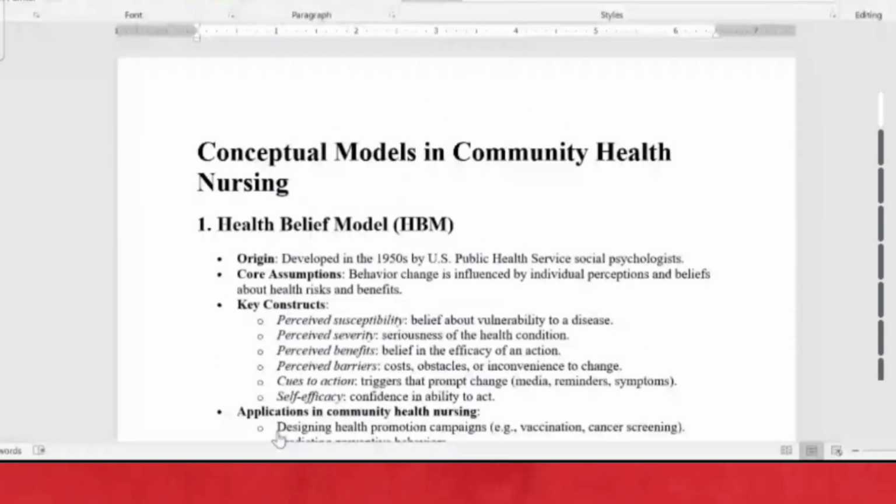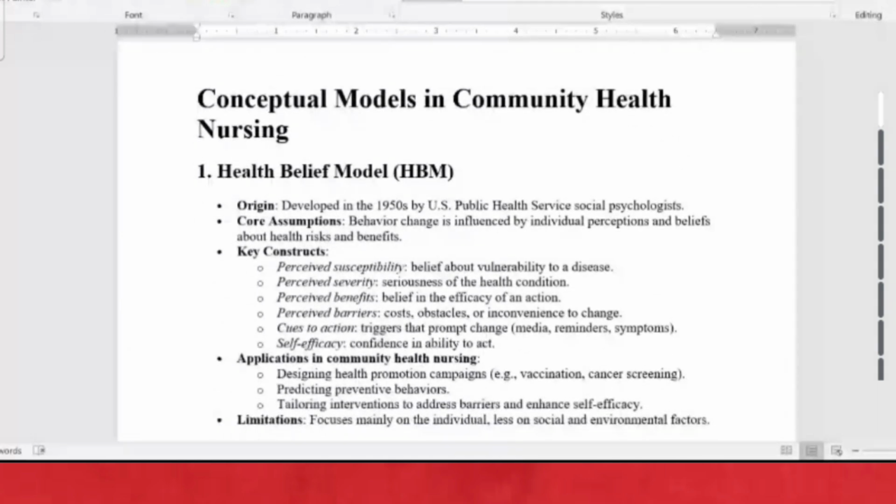Conceptual model in community health nursing. 1. Health belief model (HBM). Origin: developed in 1950s by U.S. Public Health Service social psychologists. Core assumptions: behavior change is influenced by individual perception and beliefs about health risks. Key constructs: